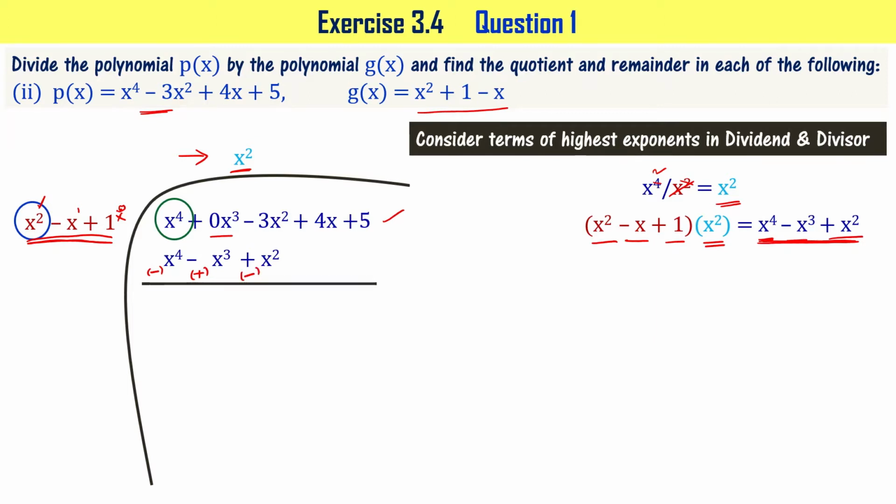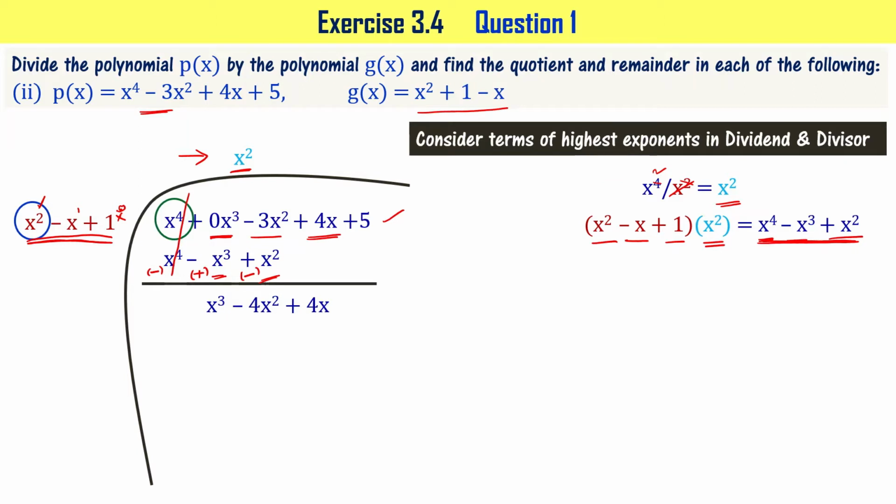Now x power 4 minus x power 4 get cancelled. In any division process, this is going to happen. The first terms are going to get cancelled. If you're not getting it, it means you are doing something wrong. Now let's see. Here you have 0x cube and this is plus x cube now, meaning you will have x cube. In this particular case, this is minus 3x square and minus x square. It is going to be minus 4x square, right? Now let me write that x cube minus 4x square, and let me bring this plus 4x down.